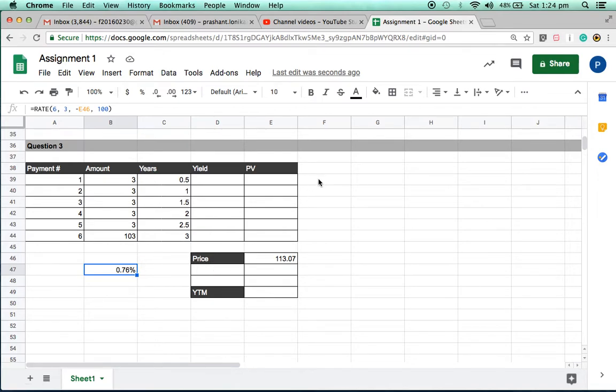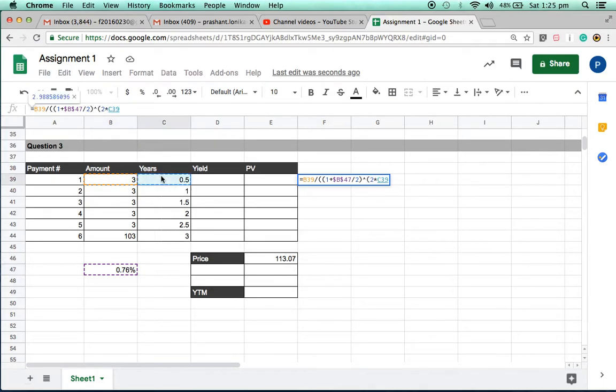So you need to know what YTM essentially is. YTM is a single rate with which, if you discount the future cash flows, you get the present value equal to the price of the bond. So let's try to do that here. What I'll do is equal to this amount divided by 1 plus this. I'll just put in dollars here so that I can cleanly drag down, divided by 2, because this is annual and we need to convert it to semi-annual, to the power 2 into years.